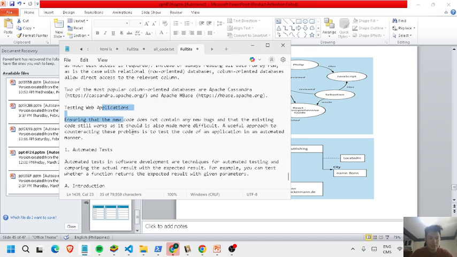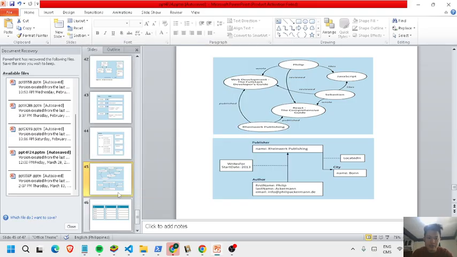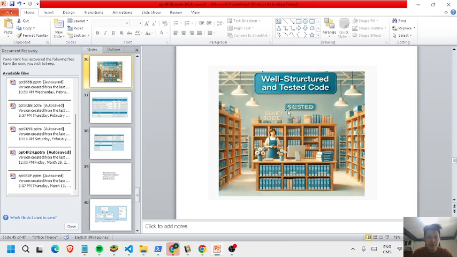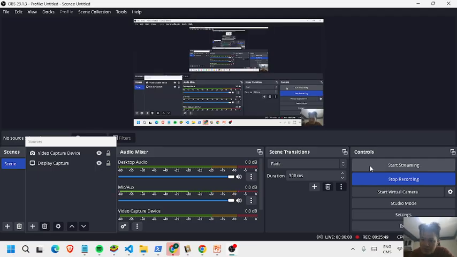So let's go to the next topic, testing web applications. Again, I'll start this with a metaphor. So here, well-structured and tested code. The testing of this, you can think of this as